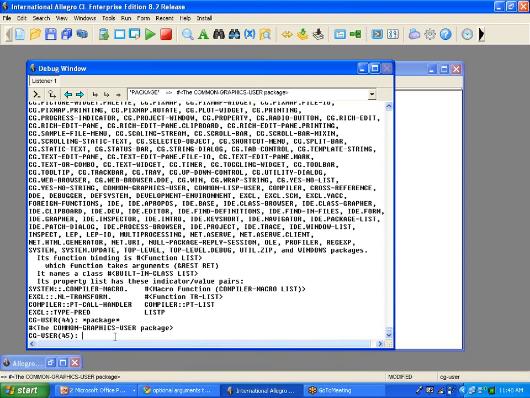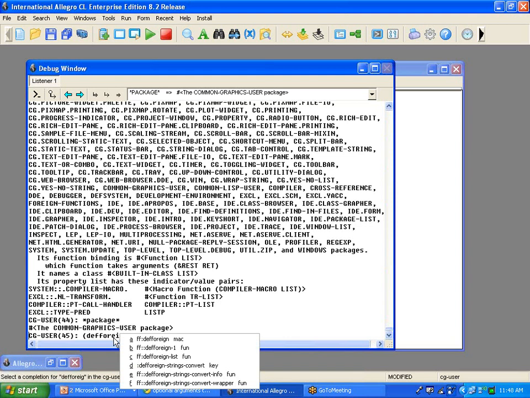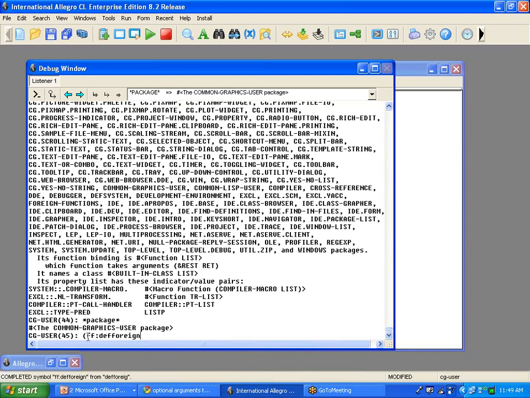Describes this useful function that tells you about any Lisp object, in this case a symbol. But there's a function defforeign, where you can define, and let us do control period, and that will complete that symbol. And you notice that the symbol defforeign is in the foreign functions package,